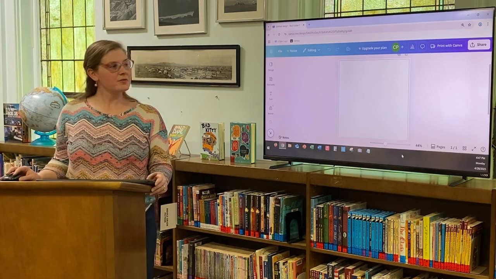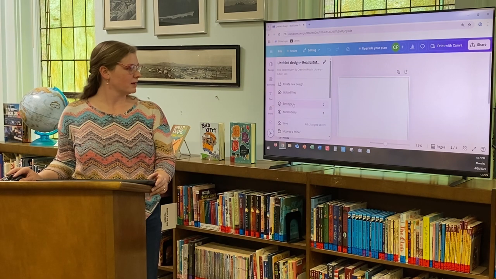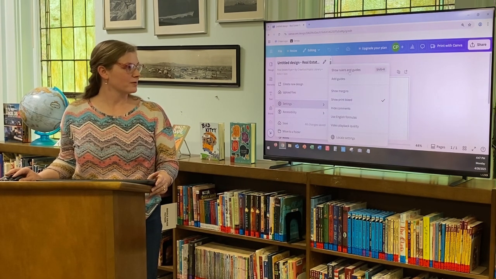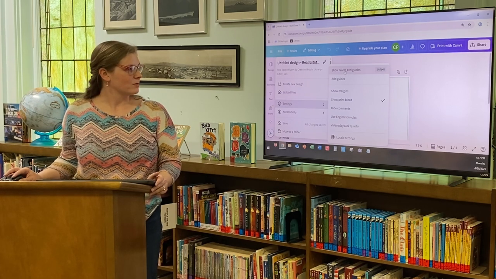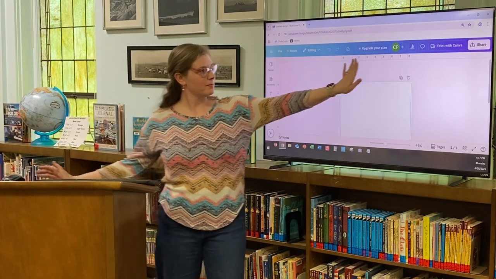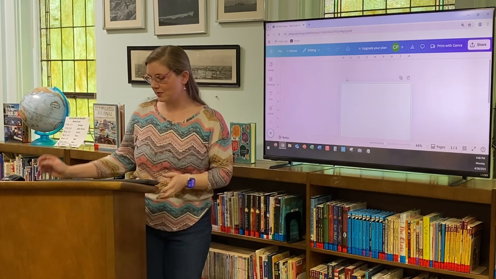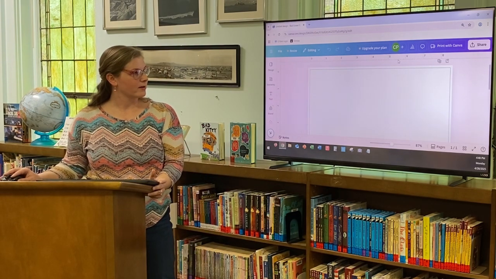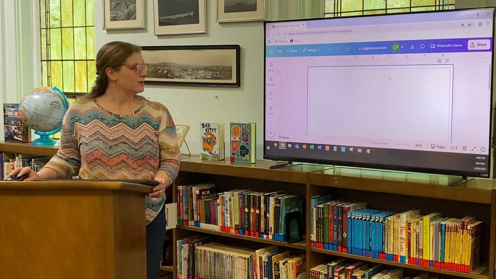Something else that I want to see though, if I go back to File and Settings, I definitely want to be able to see the rulers and guides. So I'm going to do that, and what that does is it puts a ruler on the top and side of that document so that I can see where I'm at in the document. And if you,